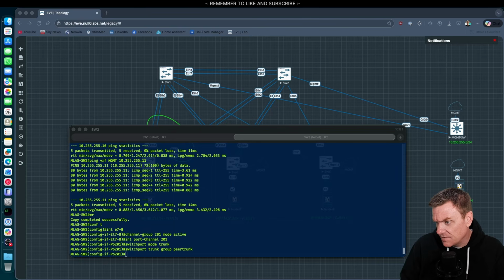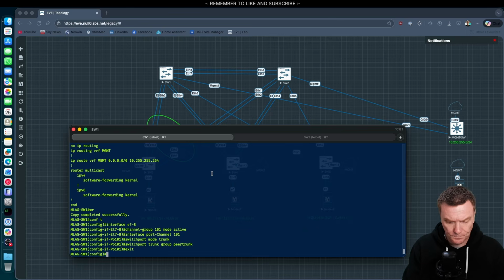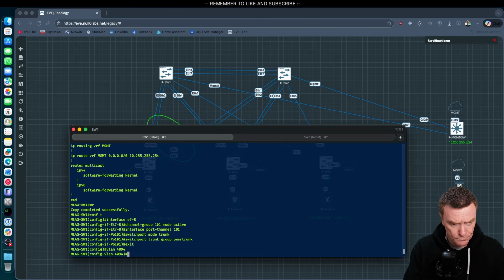Now we need to create some SVI interfaces. So we're going to create a VLAN. Again, you could use VLAN interfaces, or you could use a no switchport command or a management interface on the Cisco VPC and connect them that way. So this way they're doing it with an SVI. So VLAN 4094, right at the top of the range. So we're creating a VLAN and then a trunk group,